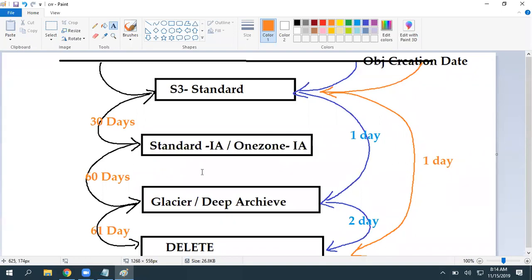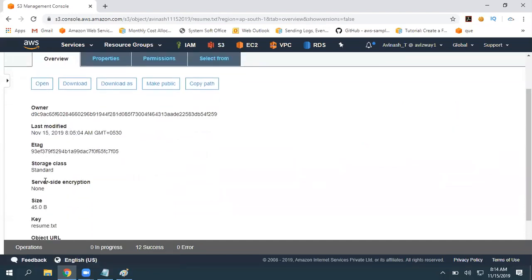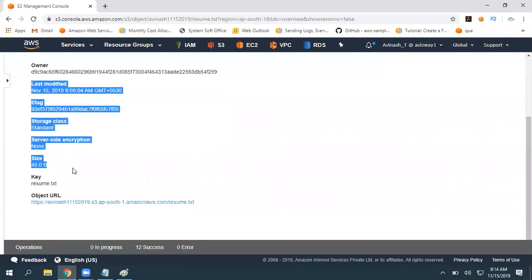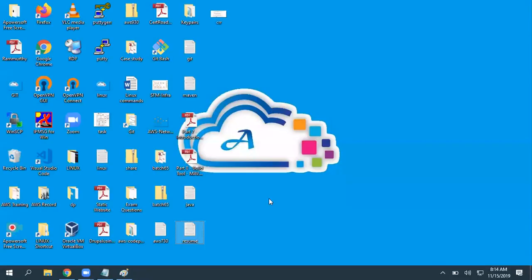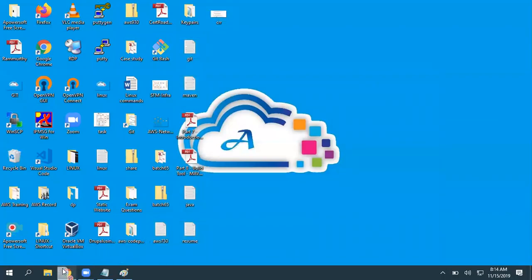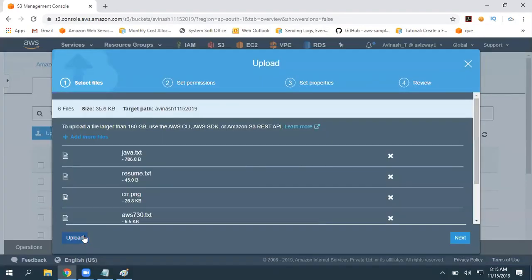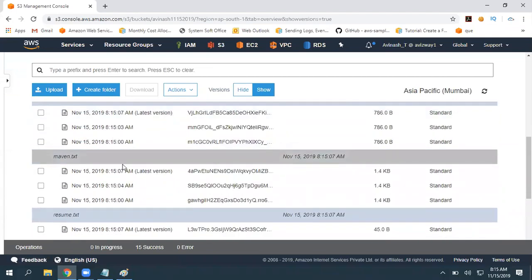Let's configure that in our lifecycle management rule on our S3 bucket. See here, there is no option like expire and so on, but when you enable that feature, we are going to get one. So before that, I'll upload a couple of documents. I need some data basically, and I'm going to upload the same data multiple times. Okay, now when I click on show, every object has its previous versions and latest version. See?